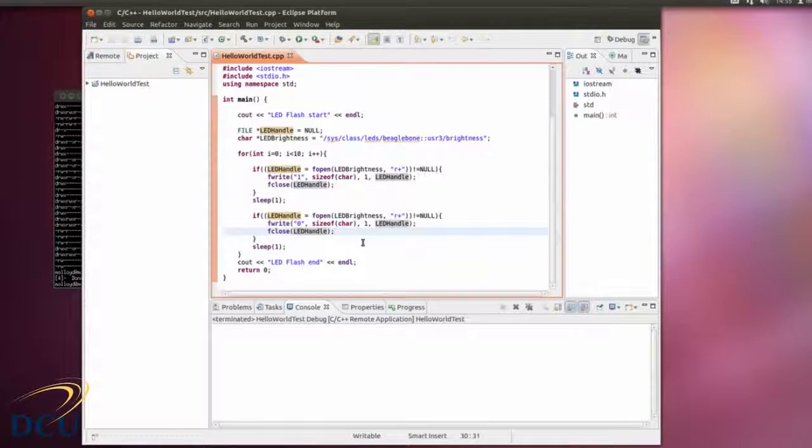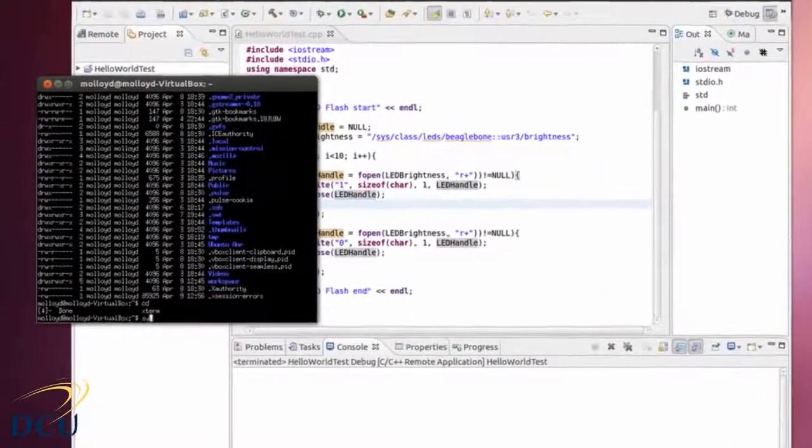Now, the documentation on setting up the debugger with Eclipse isn't that great, but here's one solution that I found. It may not be the best solution, but it's one solution that seems to work for me, is to use a combination of tools. So I'd like to use the debugger within Eclipse, but I'd like to execute the code on the Beaglebone while we're debugging. So to do this, I'm going to install